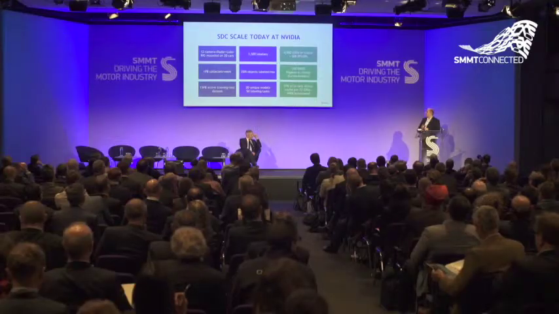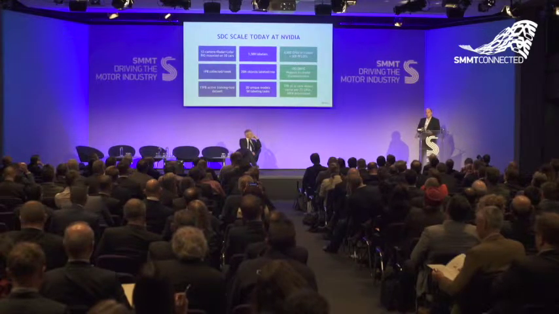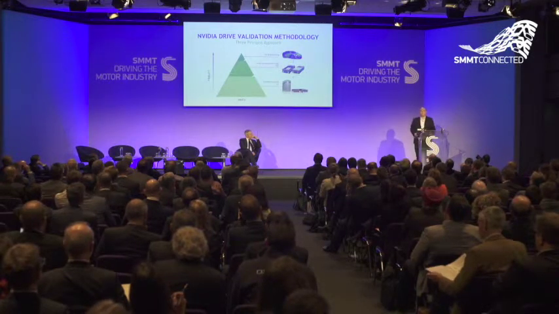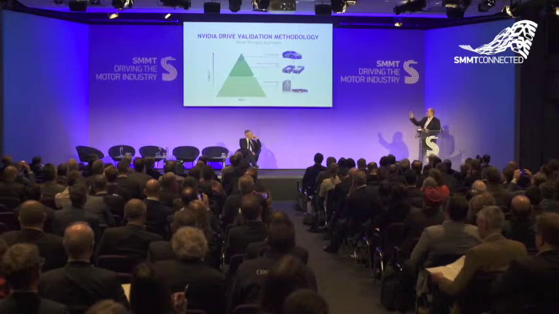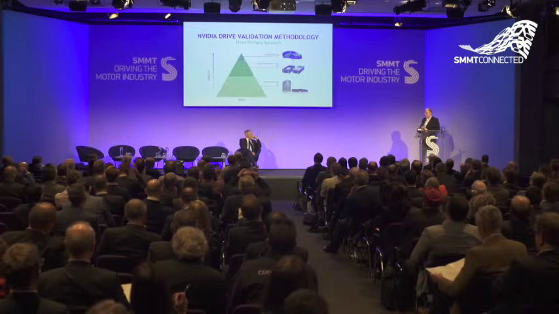But that's just the beginning of the story, because that is just the capacity that we need to develop those algorithms. Then we need to, as I mentioned earlier, prove that they work. And part of that evidence is based in software, but there is nothing that can replace hardware. So we also have 100 Drive Pegasus systems that allow us to do very large-scale hardware in the loop tests. So this is what I meant. Testing on the road is extremely important, because that's the only way you can test certain aspects of vehicle operation. But it's just a small subset of all of the activities that a mature team will have to execute.